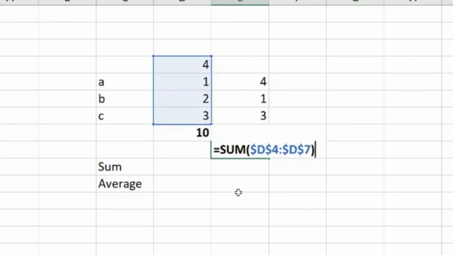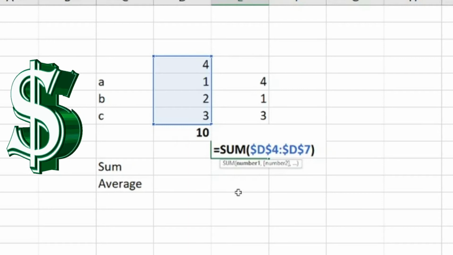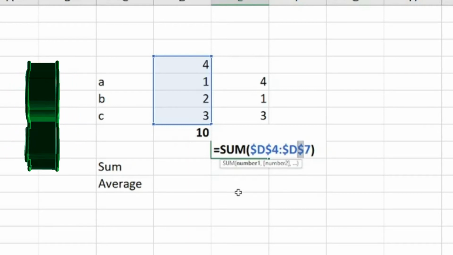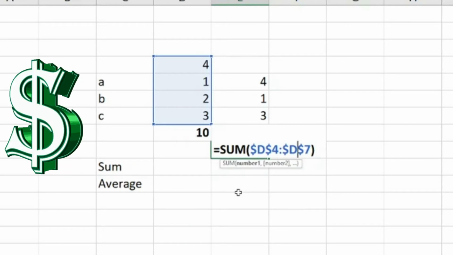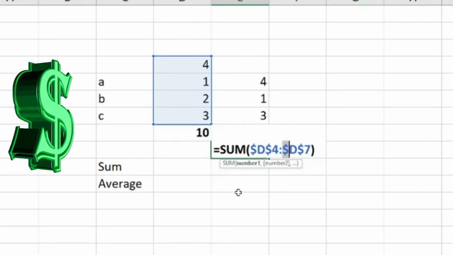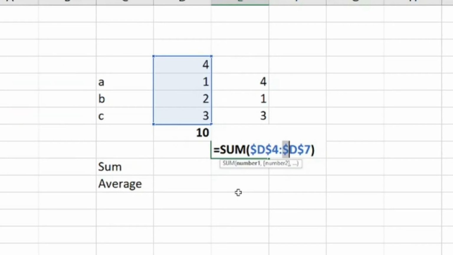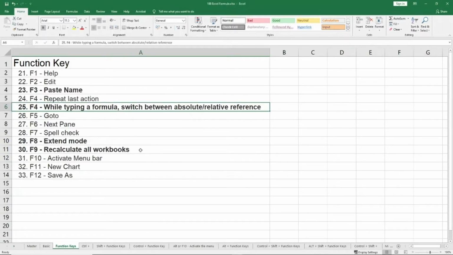ranges. I always like to make fun of it and say that I have given money or a bribe to the cells here. So when I give money, or the dollar sign, before 7, I'm basically saying, okay, you will not move from row 7. And when I'm giving it to the D, the column D, now the cell will not move from column D. Hence, wherever I go, since I have paid them money, they will not move and they will stay here. This is how I try to remember it.